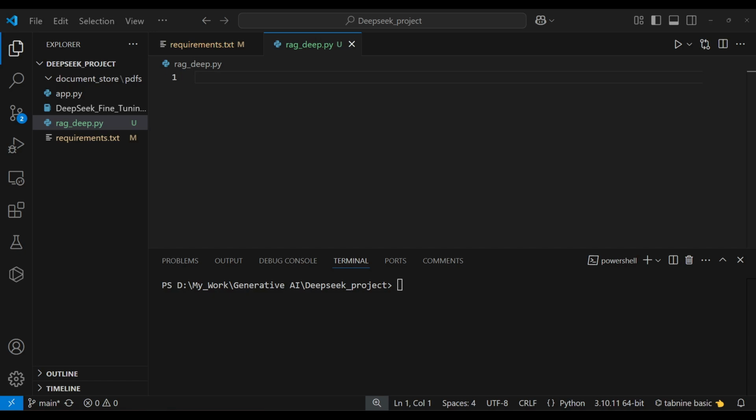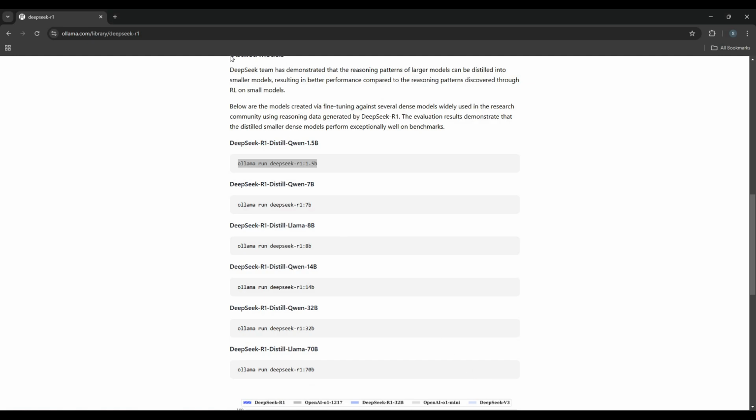Let's get started. Before we jump into the code, just make sure that you have downloaded Ollama in your local system. Then we are going to download the DeepSeek R1 model in our local system. To download the DeepSeek R1 model in our local system,